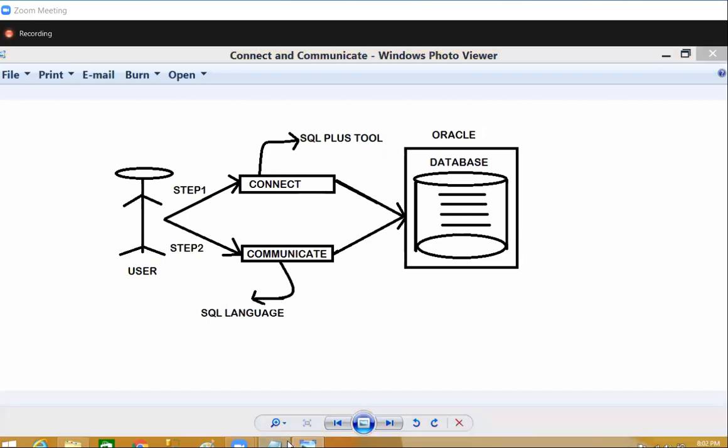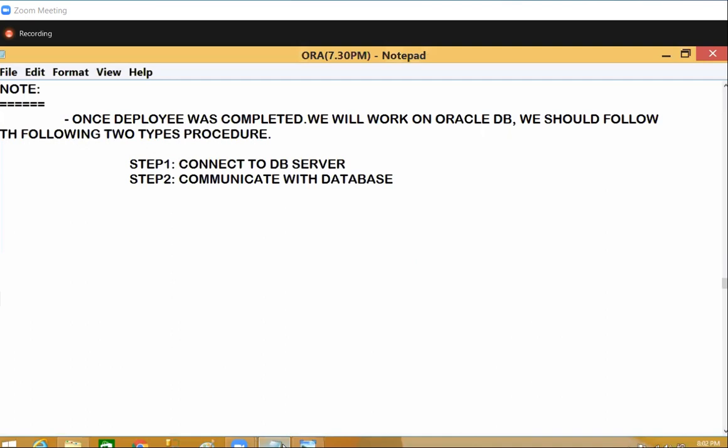If you go to any interview, a database interview as a fresher, they will be asking one question. What is the question? Differences between